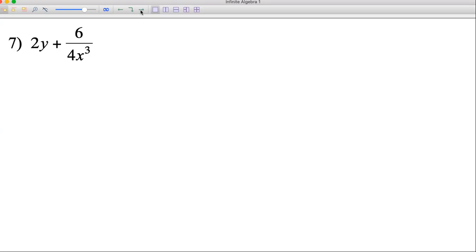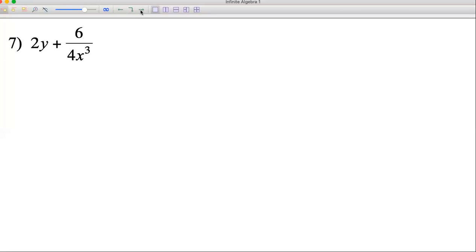What goes in the top? So 2 times... Okay, that's where I'm stuck. Well, what times 2 is 8? 4. So 4x cubed y plus what times 2 is 6? 3. All over